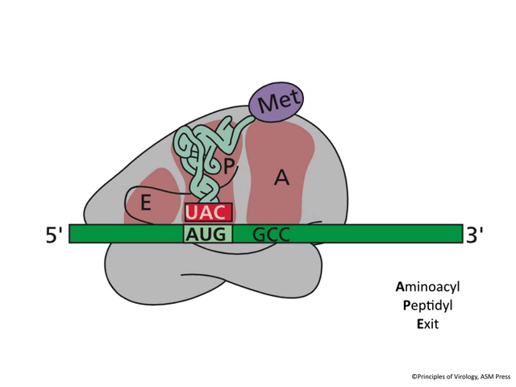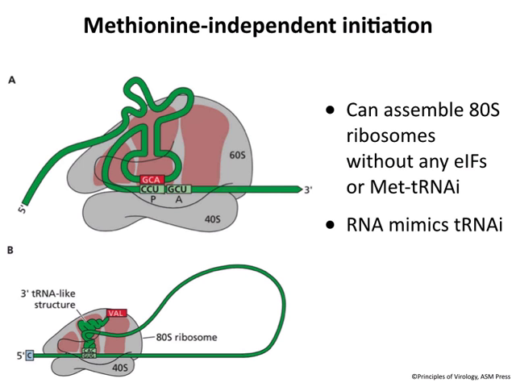You know, the dogma has always been you initiate at an AUG, and when we sequence the human genome and we say there are 20 or 30,000 proteins encoded in our genome, that's because you're looking at open reading frames that begin with an AUG. But it turns out there's initiation at other codons as well. And these, of course, were discovered in viruses. And they're pretty neat. The one at the top is found in a virus called cricket paralysis virus. It's a picornavirus that paralyzes crickets. And it's actually being considered to be used in insect control to get crickets off of your crops.